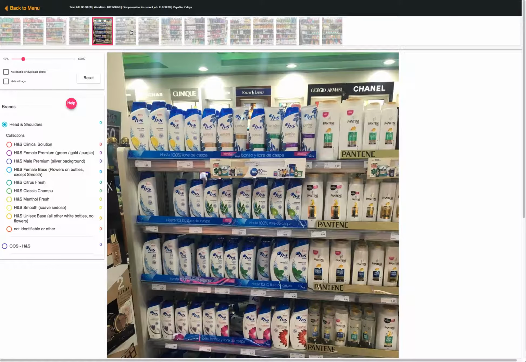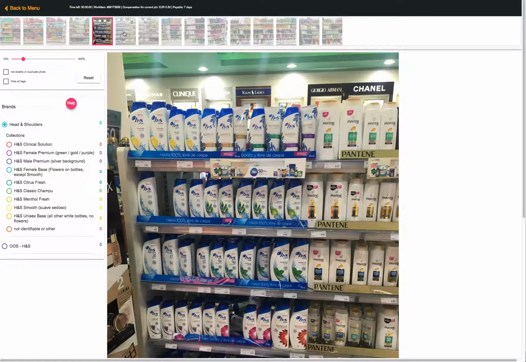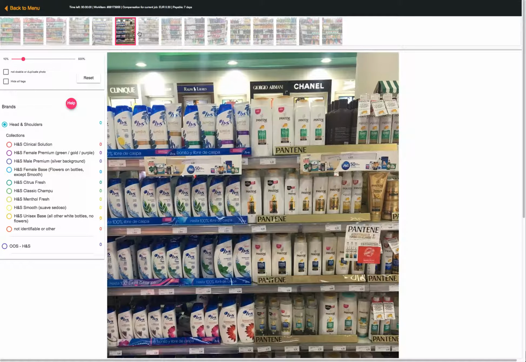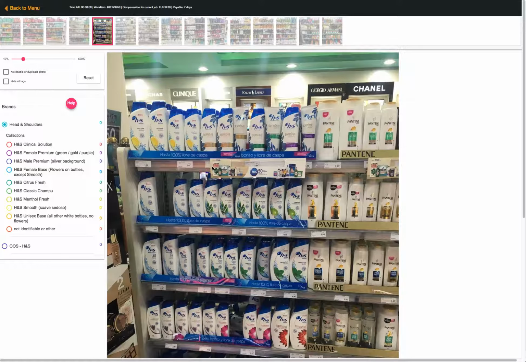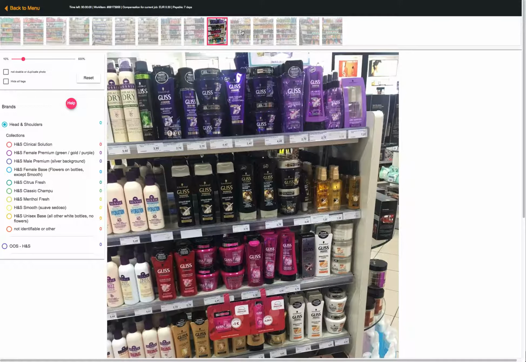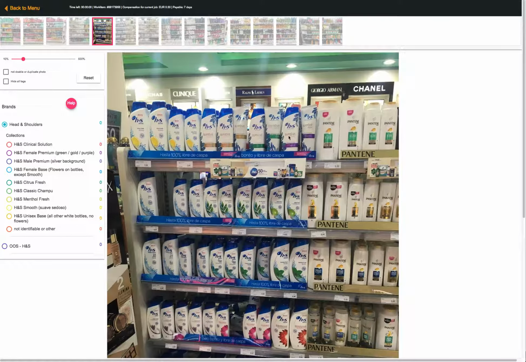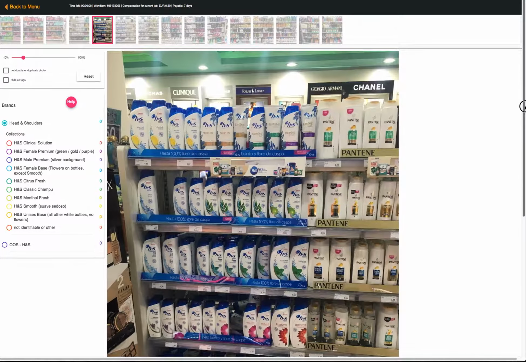So let's see where Head and Shoulders is. There is one, and just to make sure that there are no other areas on the shelf that also contain Head and Shoulders, you have to look through the rest. Those two I think are identical. It's the same part of the shelf, it is. So I will later go back to this one to actually mark them, because it is the better quality picture for my purpose. Just to make sure, no Head and Shoulders anymore. So go back to the one we will actually work on. Okay, so